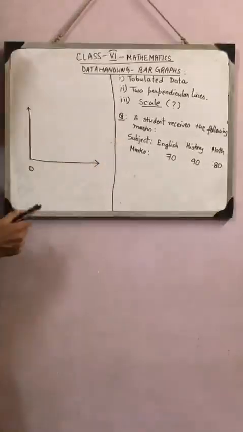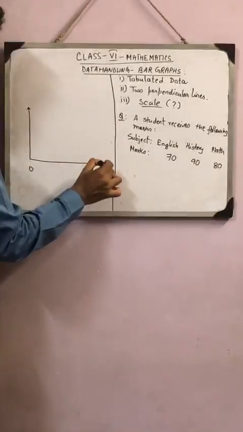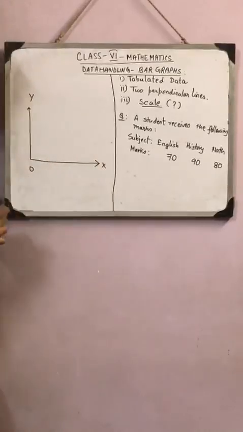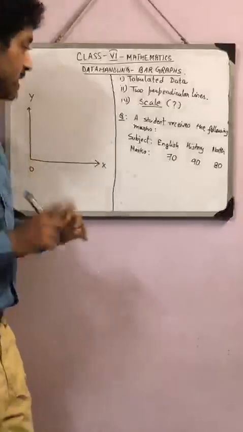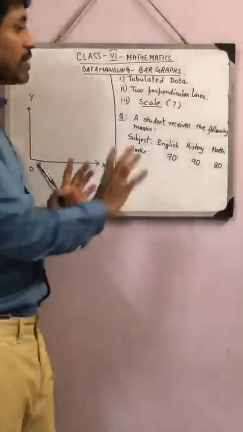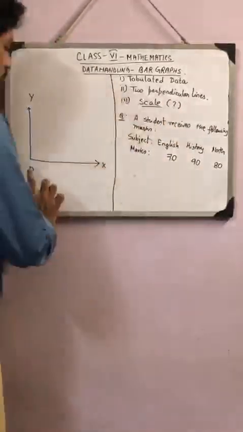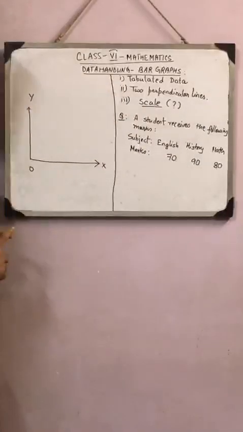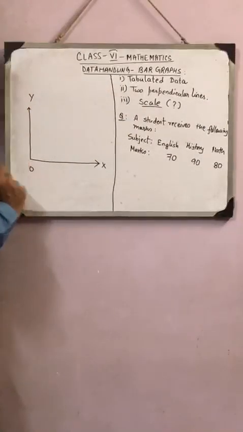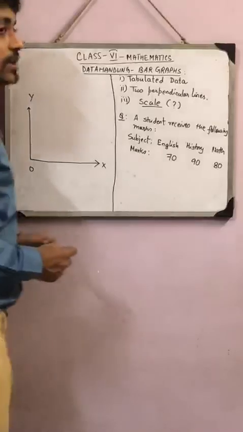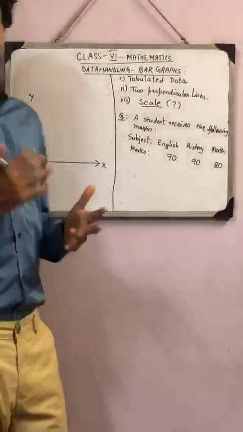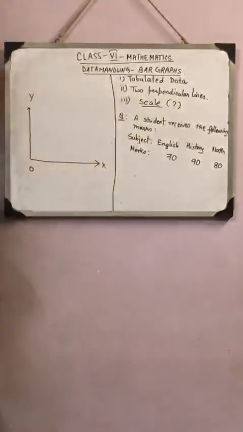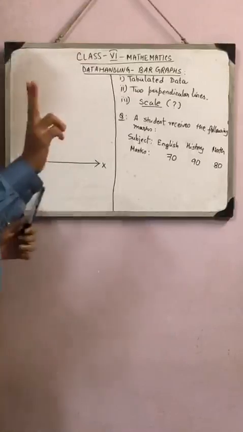This point O is called the origin and these two lines are labeled as, now are they correctly called lines? No, they are correctly called rays. But in this case, for the sake of the chapter, we are considering lines. So OX is a line and OY is another line, starting at the point O, where OX is called the x-axis and OY is called the y-axis. So these are the two perpendicular lines.